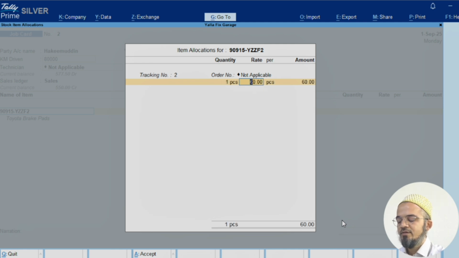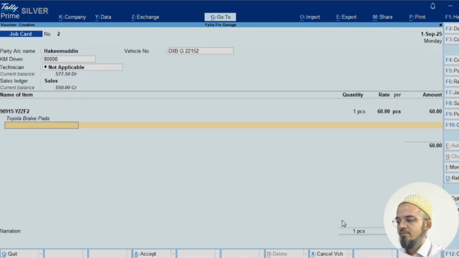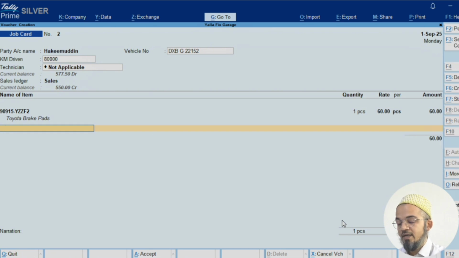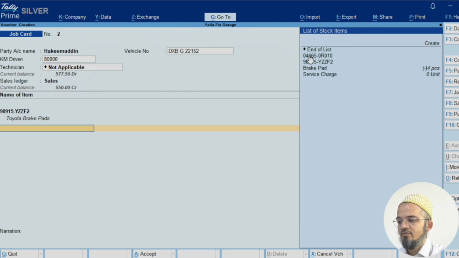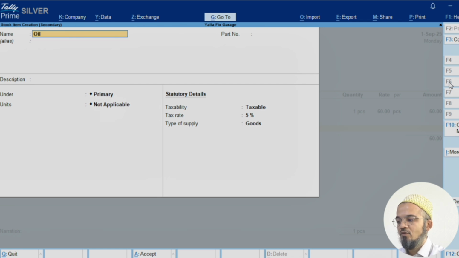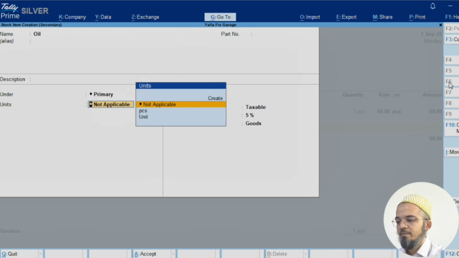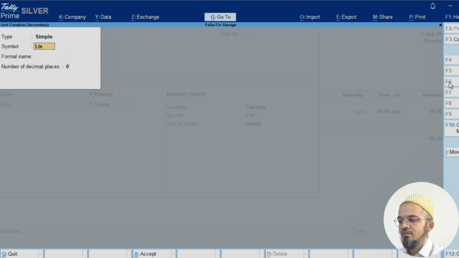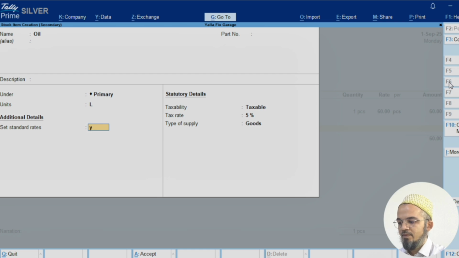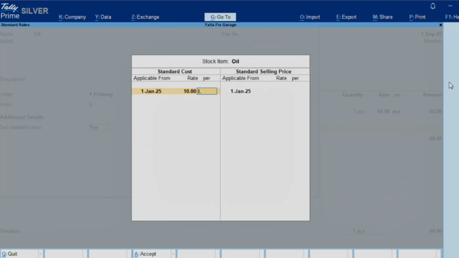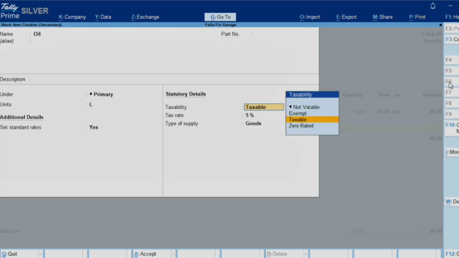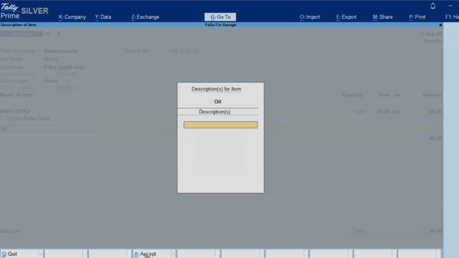So I need one oil filter. And then I need oil. So I don't have oil. So let's see how we can easily create it from this. So here when you click on it, if you don't see an item, you can very easily create it. Let's say I want to record oil, and it is measured in liters. The standard price for oil, my purchasing price is 10 and let's say my selling price is 15 per liter. Once you have entered this information, accept, then I will just write oil